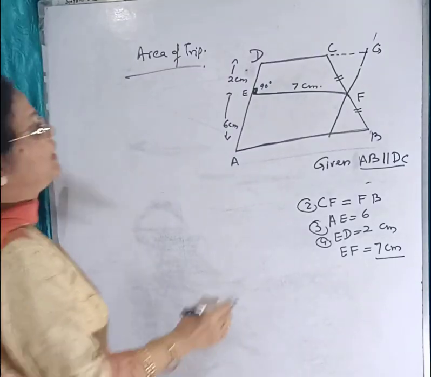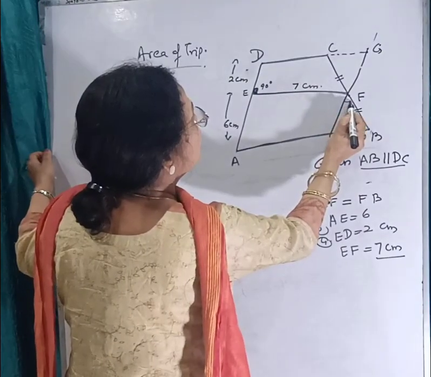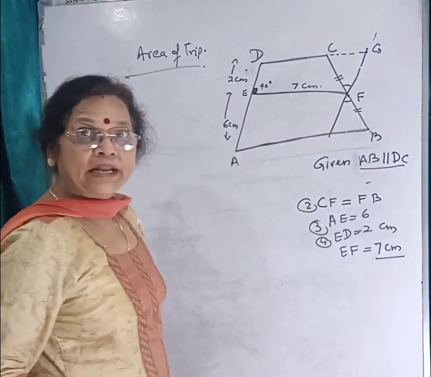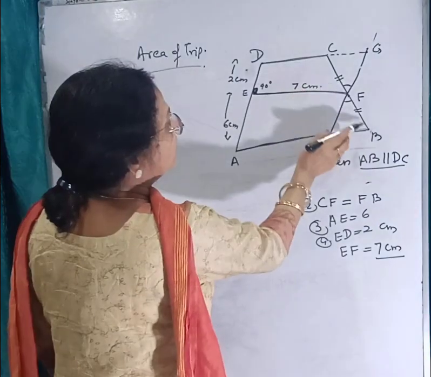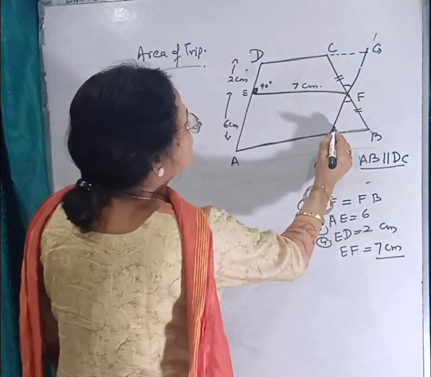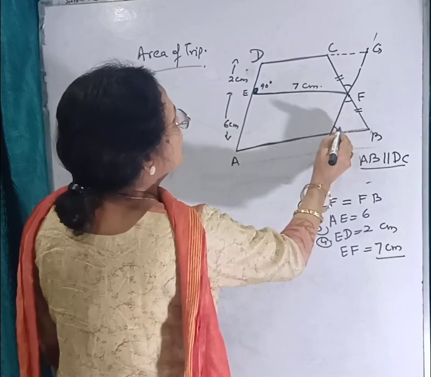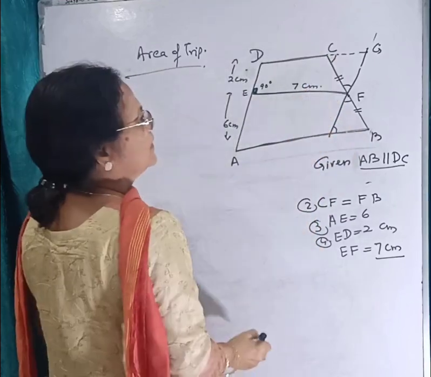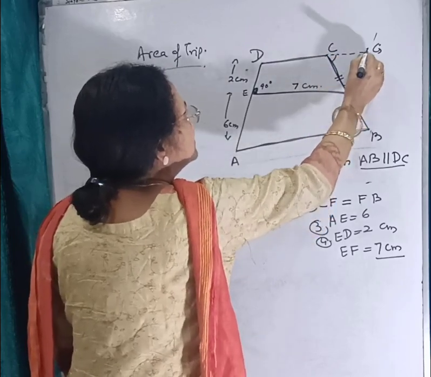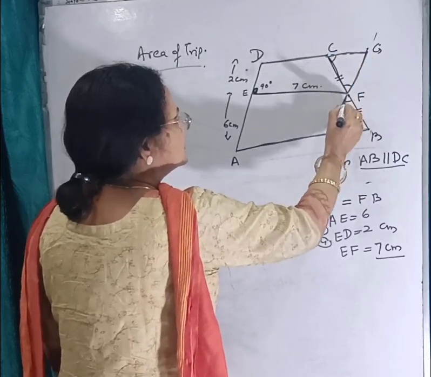Now we can see this angle will be equal to this angle, opposite angle. Correct? This is already given to us as equal to this, and this is parallel to this. It means this angle will be equal to this angle. It means this whole triangle will be equal to just this triangle.